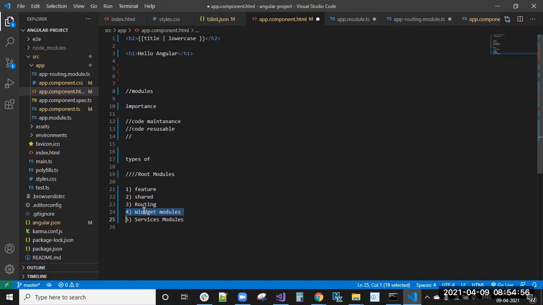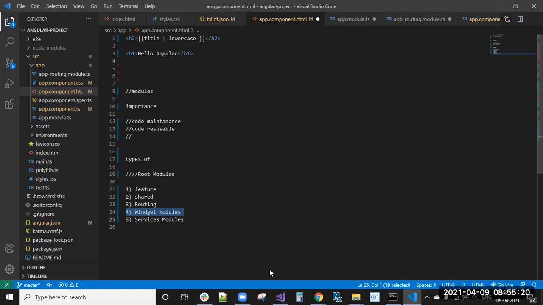That will be Angular Material. Angular Material is a widget library only. We need to take that widget from Angular Material. Those third-party modules already exist, so we keep all of them in the widget module, and we can import that widget module in the shared module, or directly in the app module also.